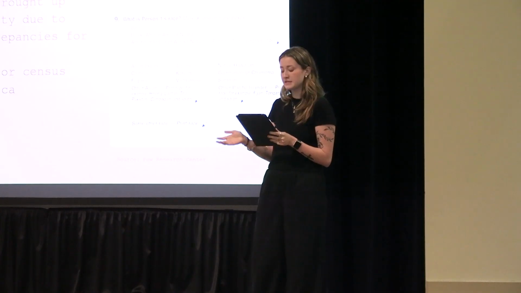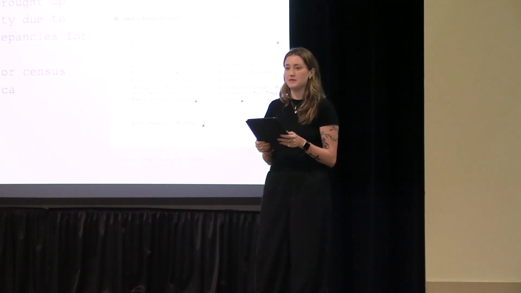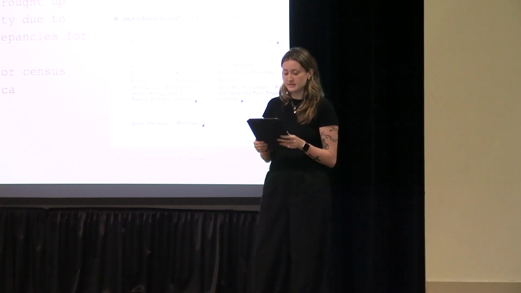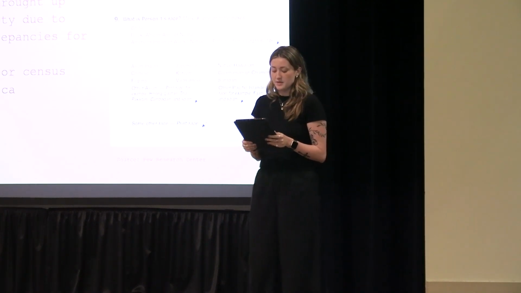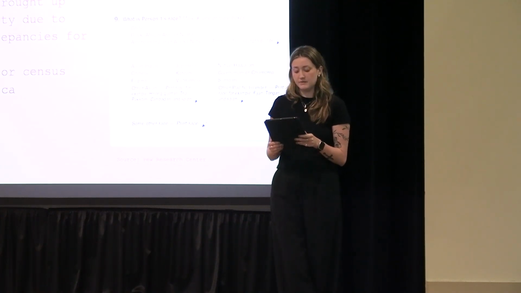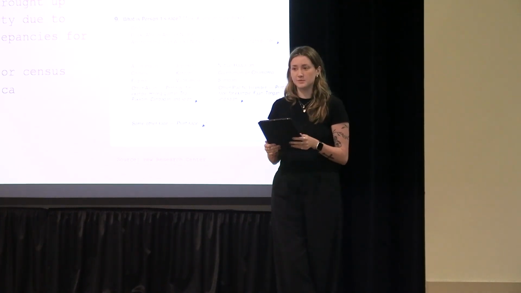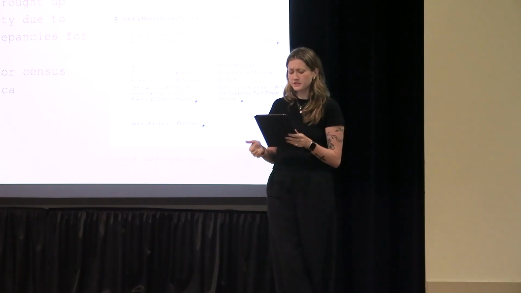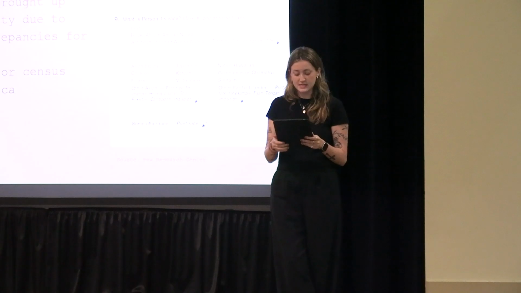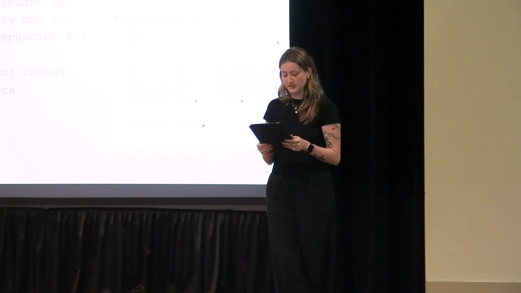Texas. Hernandez v. Texas was actually initially a murder case, but through the court process, the case revealed a major issue. There were no Mexican Americans in the jury for Hernandez's case because of a large cultural barrier existing within the legal system. Mexican Americans were legally classified as white, but in reality, they were excluded from juries and treated as a completely separate class. So there's this disconnect between how people are categorized on paper or in systems and how they actually exist socially.